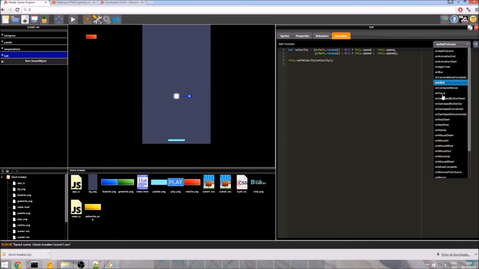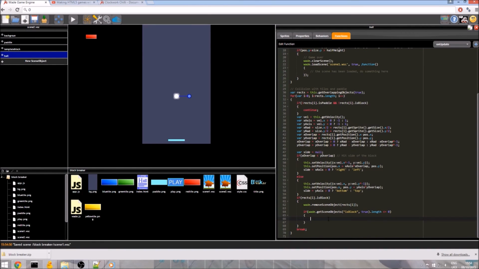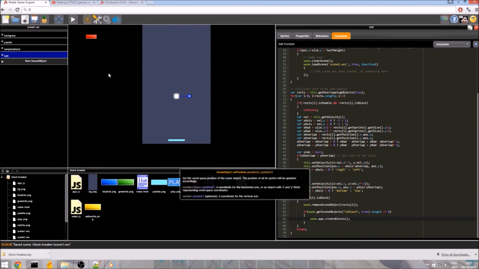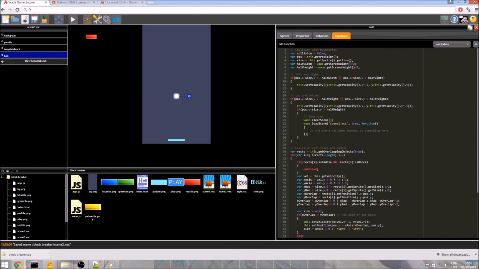save, go to the ball, go to on update. And here we go. We are going to call, in this case, where there are no more blocks left, recreate the blocks. So we get lots of blocks. Hooray. Save. And I think that absolutely should be it. There's only one more possible thing we want to consider. If we create the blocks and the ball was in the middle of the blocks, we might instantly decimate the entire thing. So we should probably be safe and set the ball's position.